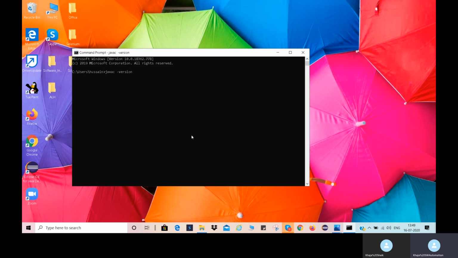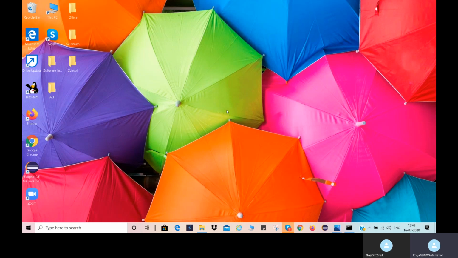Hit enter. See, it is showing javac 14.0.1. It means Java has been installed in your system with version Java 14. JDK 14 has been installed in your system successfully. Like this, we can install Java software in Windows 10 operating system.